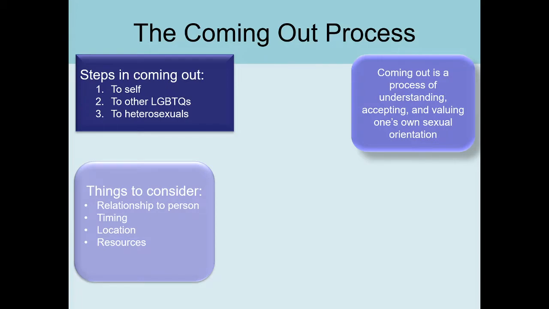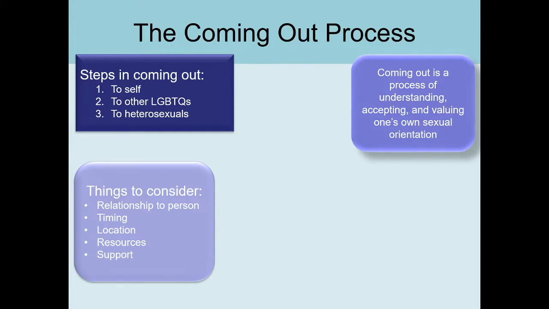What are your resources? Who can you fall back on to maybe process the reaction that you got from a loved one or a friend? Also resources that you can offer to the person that you're coming out to, right? A lot of parents are unaware that there are organizations like PFLAG that are just support groups for parents who are coming to grips with their child's sexual orientation. And it's helpful a lot of times for parents to talk to other parents, things like that.